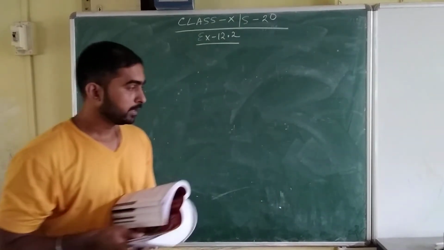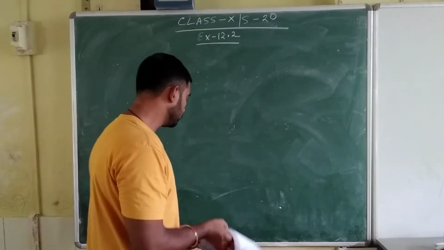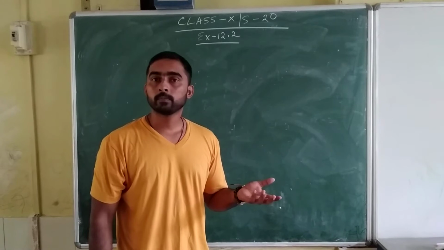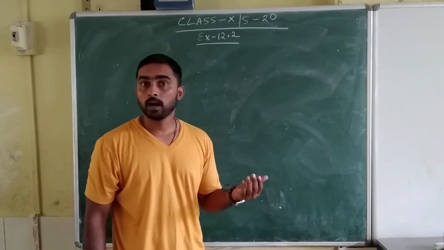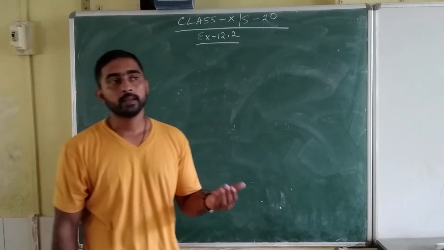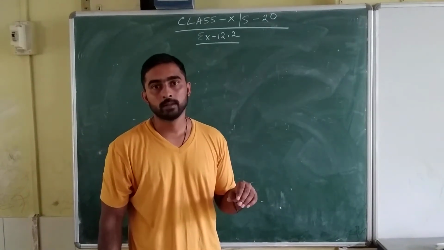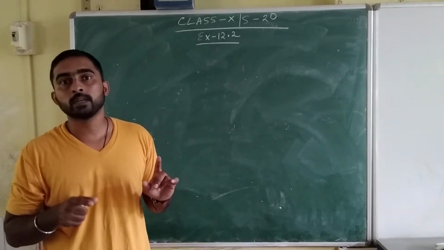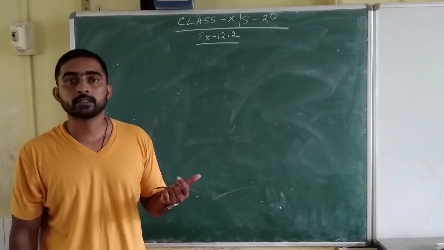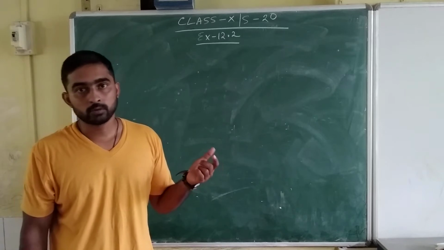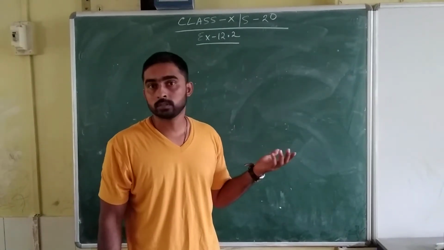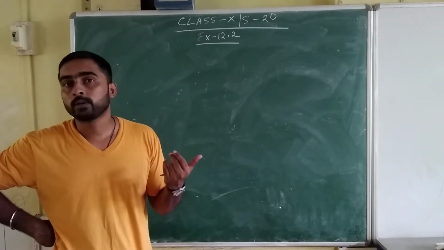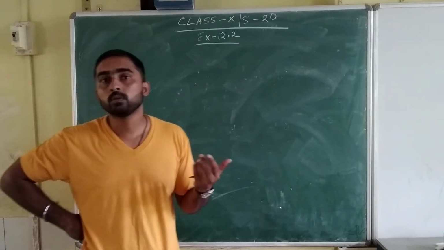Now here, in the last class I gave you all the formulas which we use here. Area of a circle, circumference of a circle, area of the sector, length of the arc, area of minor segment, area of major segment, then the shortcut formula used to find the area of a triangle within the circle, where the two sides are the radius of the circle. That is half into radius square into sine of theta. And in the last class I told you the value of sine 120, that is cos 30, root 3 by 2, and sine 150 equal to cos 60, which is equal to 1 by 2.